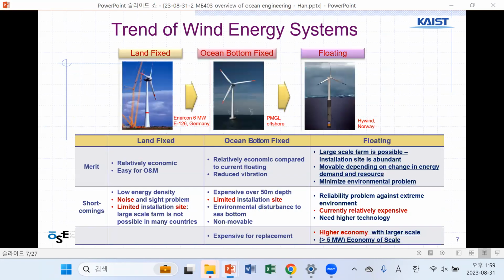And go to 50 minutes, right? So, the trend of wind energy systems. They started from the land-fixed one. The size is about 6 megawatt at maximum. So because